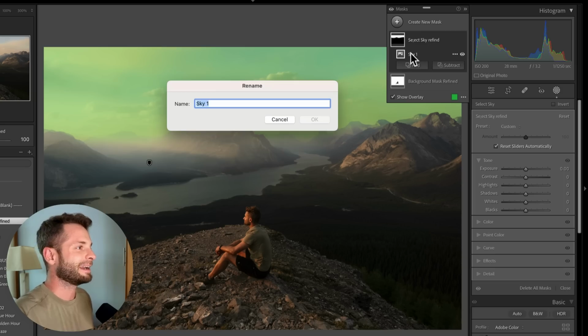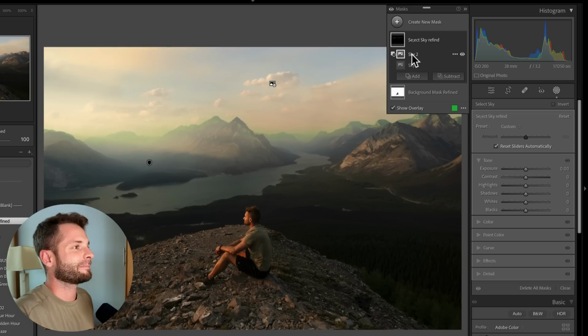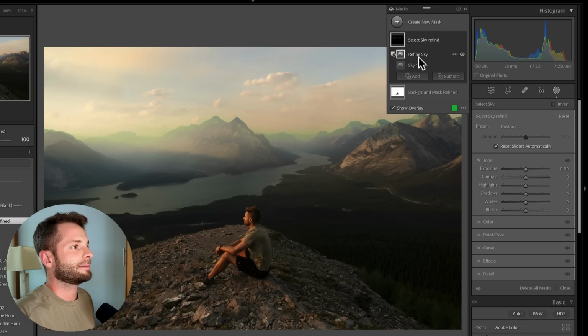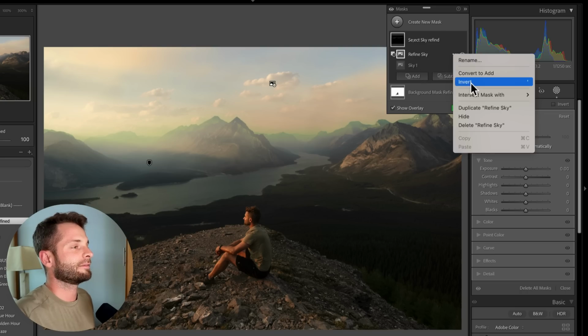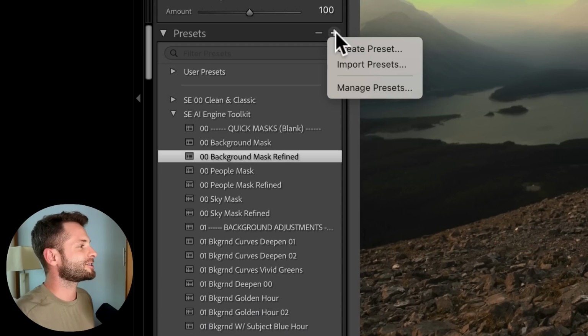We've given it a name, and then this one we will go subtract, select sky. It's been a long day. And we'll go refine sky, right? So we've done the subtraction. We'll invert it as we did before. So we've done the exact same steps as before, but now the one additional step will go in here and